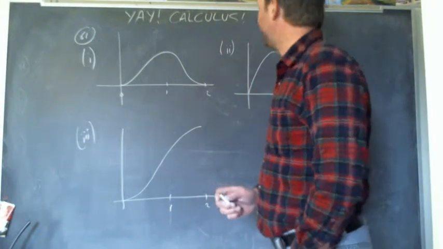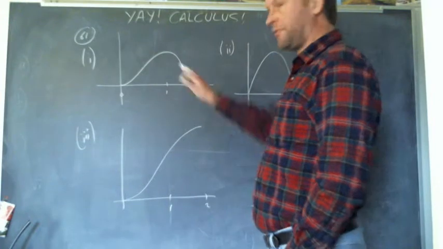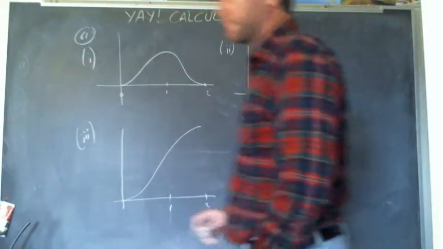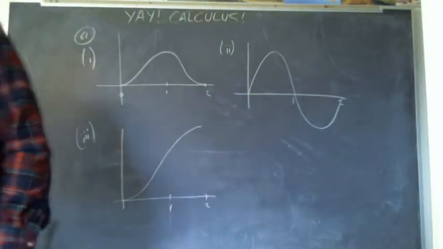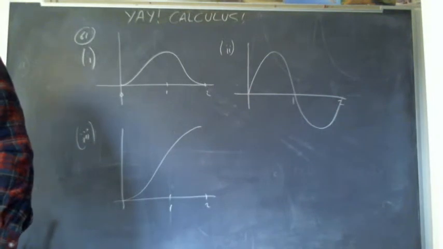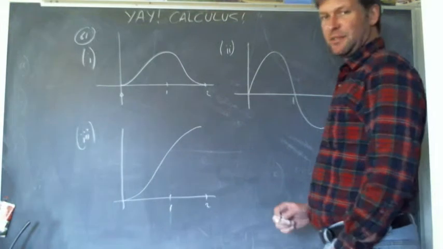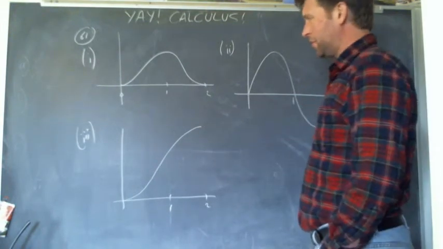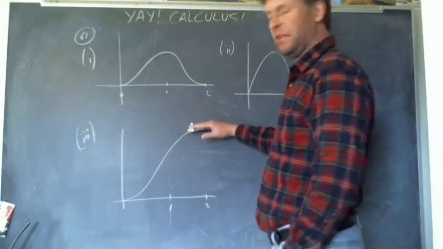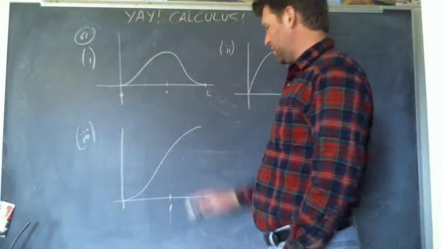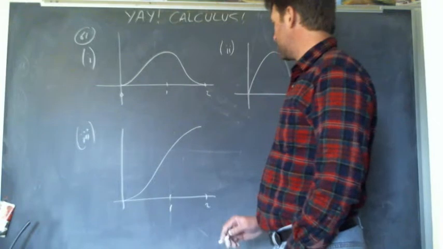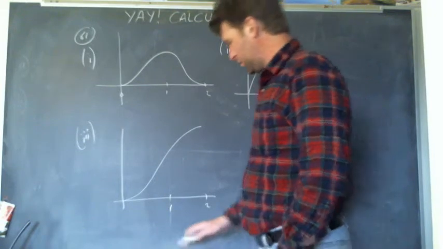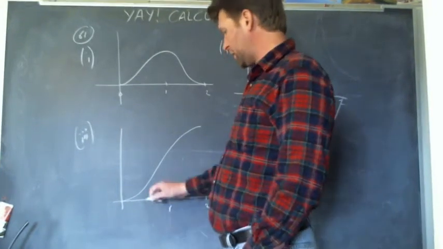Yay, calculus. All right. We have three graphs in number 61. We need to figure out which one is distance traveled, which one is velocity, and which one is acceleration. It does say distance traveled, not displacement. So I'm going to go with this one for distance traveled because we have to actually get someplace. You know, we have to increase. So I would kind of assume that that's distance. And so, assuming that this is distance,